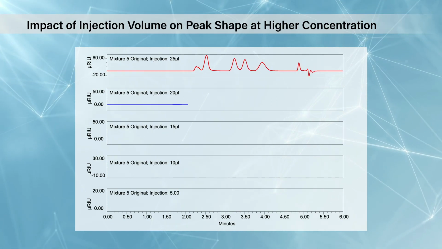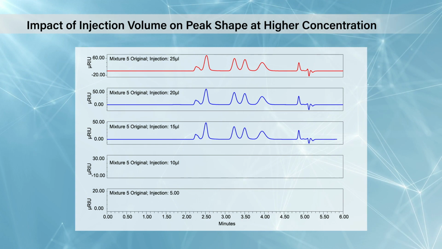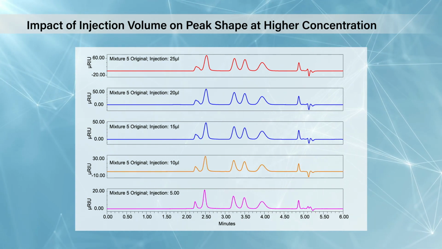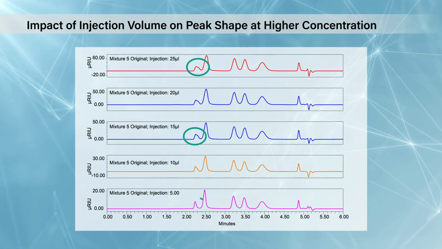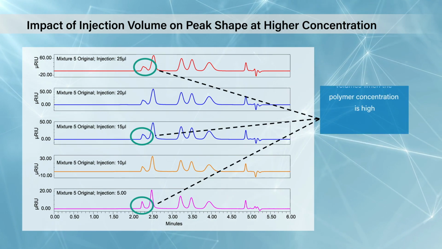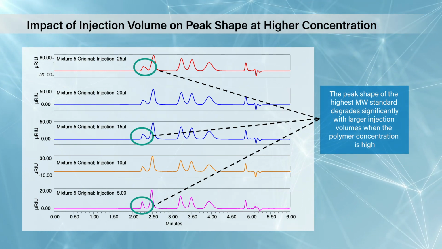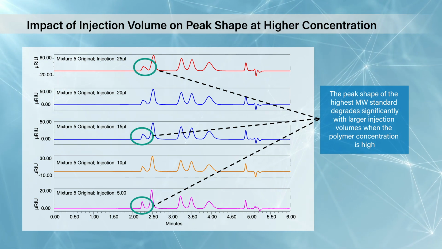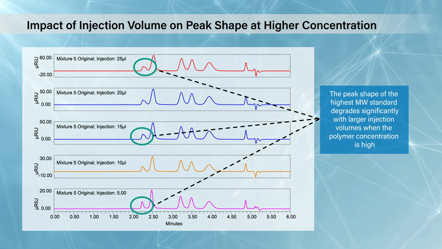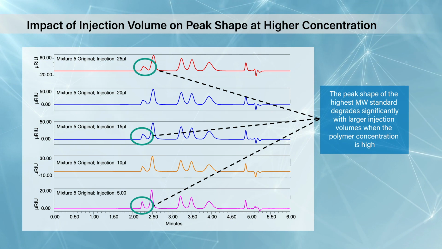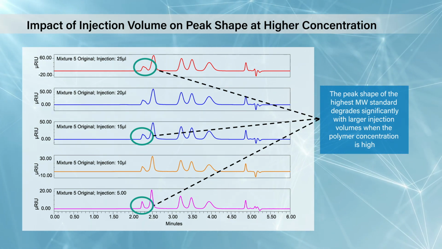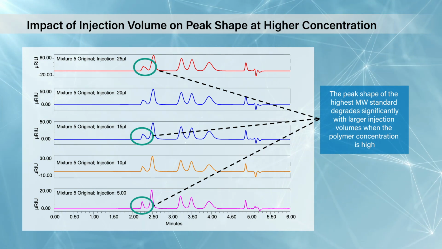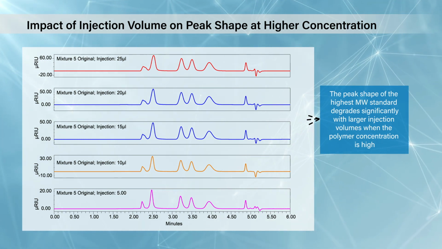So this is with high concentration, and you can see it across this range of standards. At the high end, you can start to see that you get degradation of that peak shape, and that's because of the high concentration of polymer. So in case the legend is too small, the top one is 25 microliters, goes down to 20, 15, 10, and 5 at the bottom. And you can see on the bottom one, you've got that resolution of that high polymer standard, whereas in the top one, you have poor resolution.